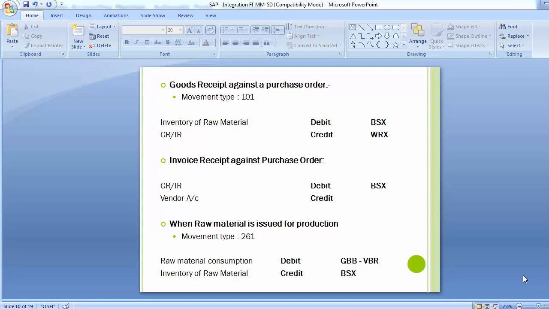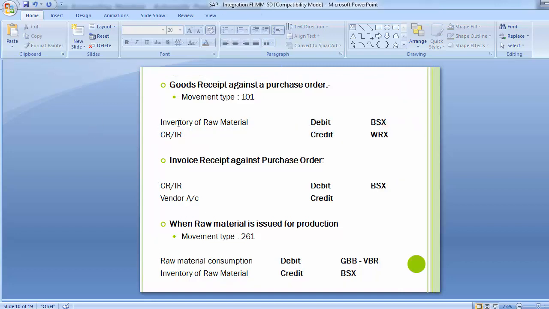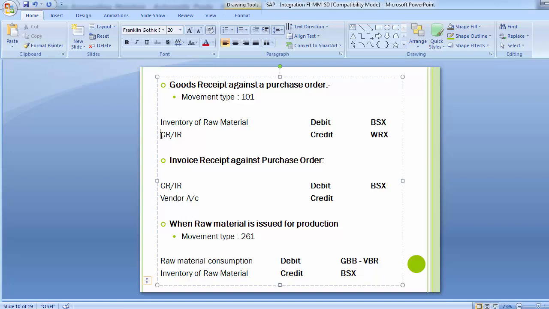Whenever a goods receipt entry is done, the accounting entry generated is inventory of raw material debited, and the GRIR should be credited, as on the screen. This is the basic accounting entry which has to be generated if a raw material is purchased. In case you are not purchasing a raw material but semi-finished goods or finished goods, that particular GL should be affected over here.